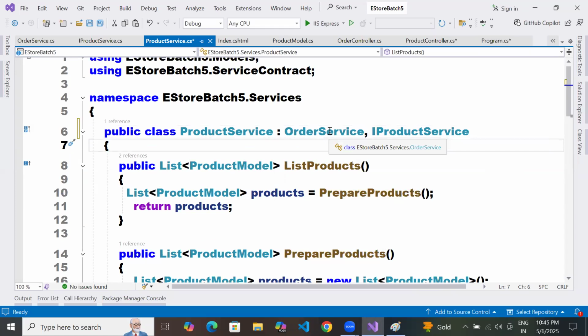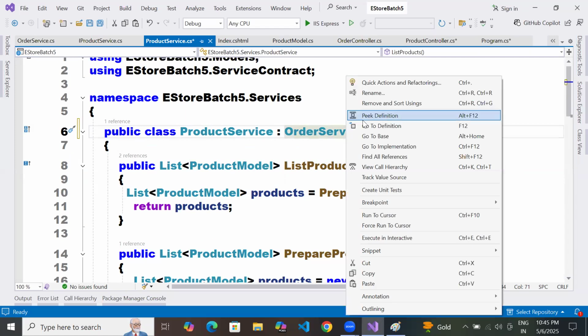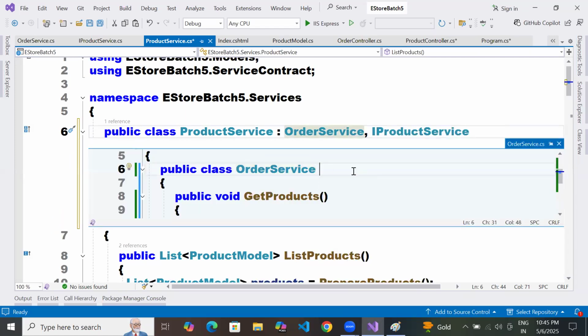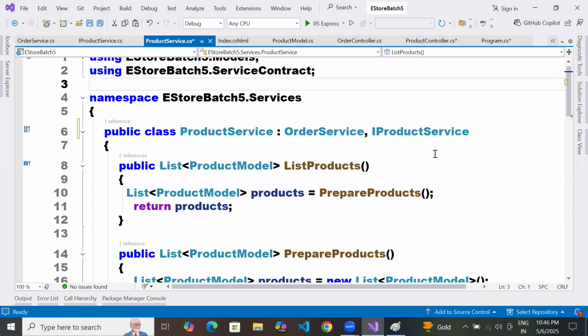It's already there. No, sir, he asked about an interface. Then it will be straightforward, right? If you use implement here, there is no point. You should not put a method definition. Why do I need to put a method definition? If I put a method definition, why do I need an order service? I can do it in product service itself. If I implement both the product service interface and the order service interface, I can create objects independently, right? Why do I need to inherit?